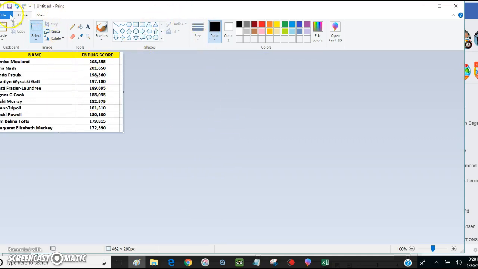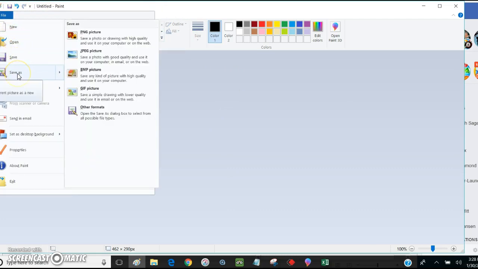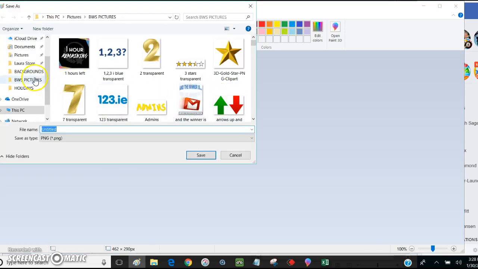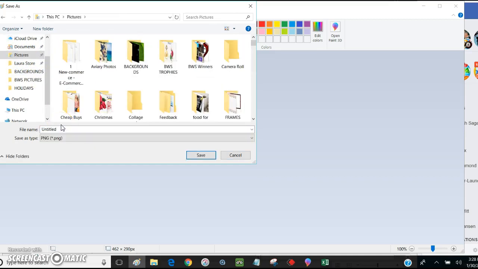So I want you to do File, Save As. Put it in your pictures if you want, it doesn't make any difference. Put it in pictures, okay? And I want you to title it,